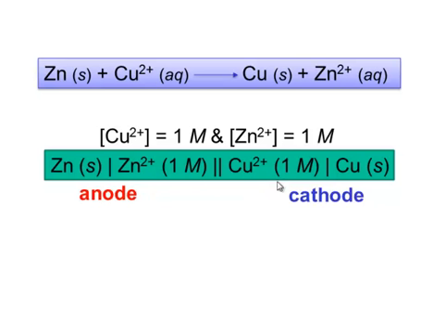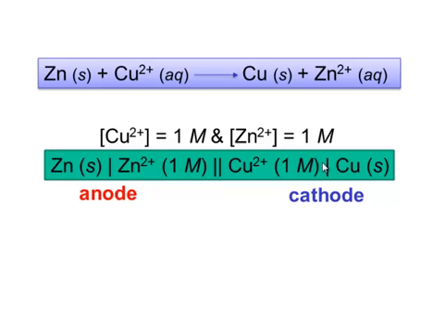Again, let's assume that the concentration of copper sulfate was 1 mole per liter, and the copper sulfate solution is different in phase from the copper rod, and the copper rod is represented out here. So the anode is represented to the left, whereas the cathode is represented on the right. The salt bridge separating the 2 solutions is represented by a double vertical line in the middle,